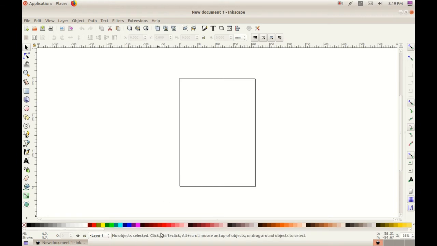Coming to the bottom side you can see some colors. Yes, that is the color palette. So many colors are available. Then in the center part is the canvas. Is it similar to GIMP software?